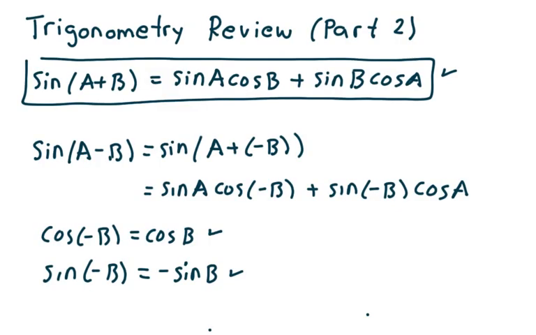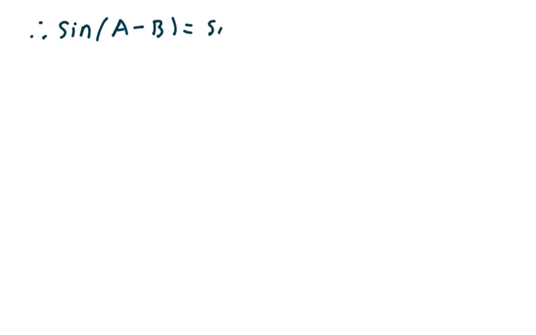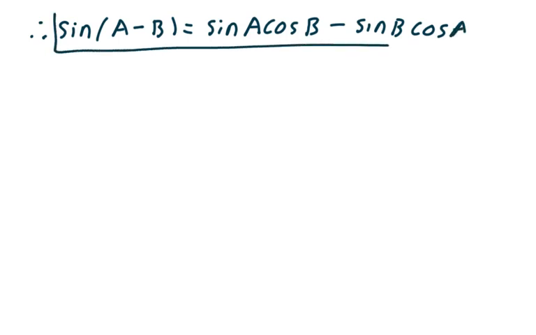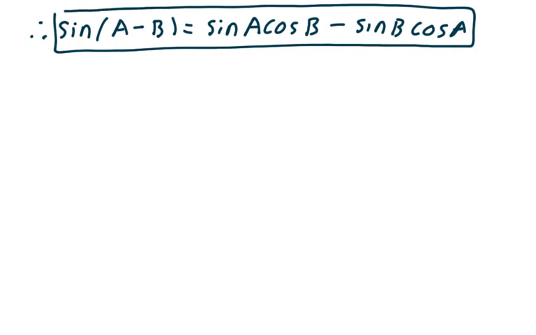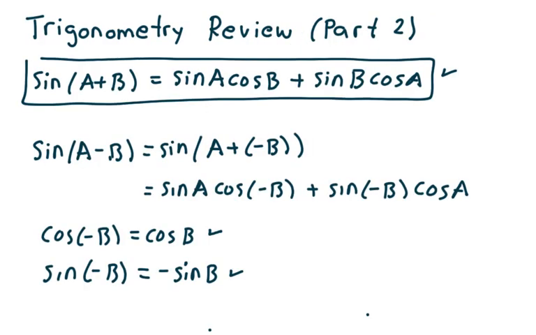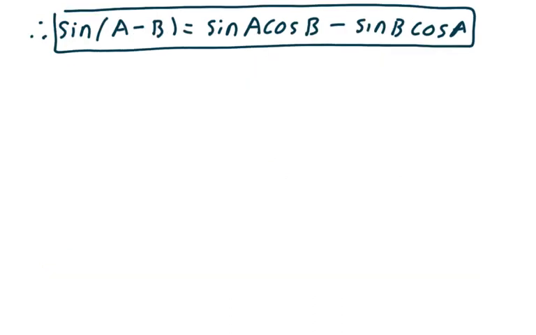And so here, what that says is sine of a minus b is sine of a cosine of b minus sine of b cosine of a. So if you notice, we used this identity up above, right here, to get an additional identity. Now, by the same token,